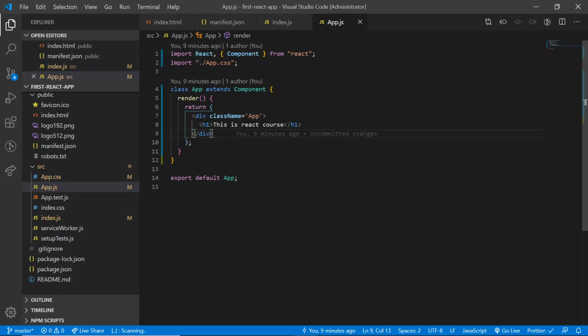In the last lecture, I walked you through the folder structure which was created by Create React App, and we edited our app.js file. Let's now dive deeper into what we see here. Here we see a React component. As I explained, React is all about creating components, basically custom HTML elements, which you can then use to construct